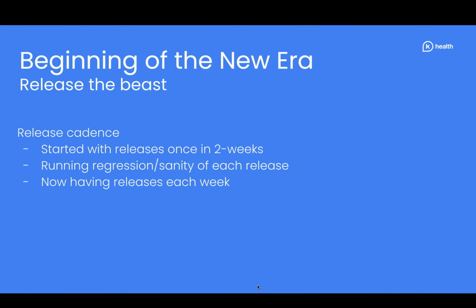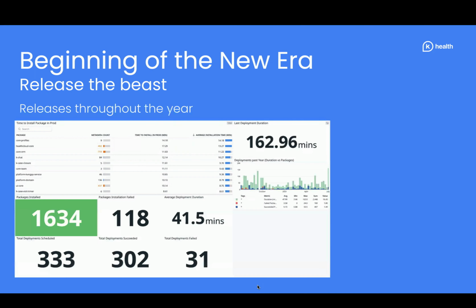So we had a requirement of deployment each week, but we started with less frequent deployments to get the team enrolled and understand how to run regression and sanity for each release. So we had sprints of 2 weeks, and we were deploying once every 2 weeks. Now we get to the point where we deploy each Thursday, and everything works perfectly in this sense.